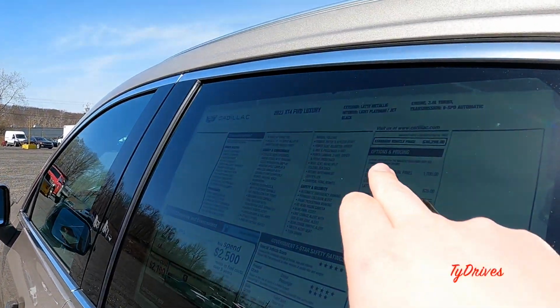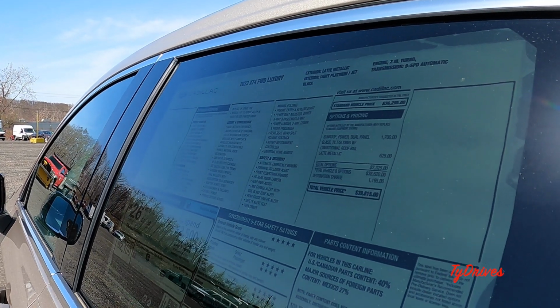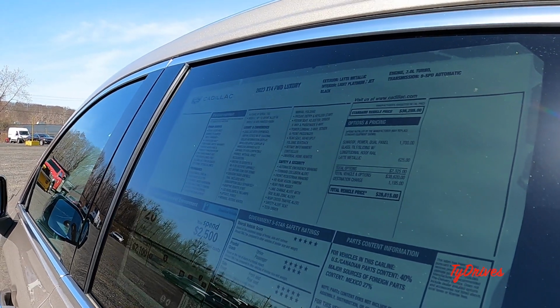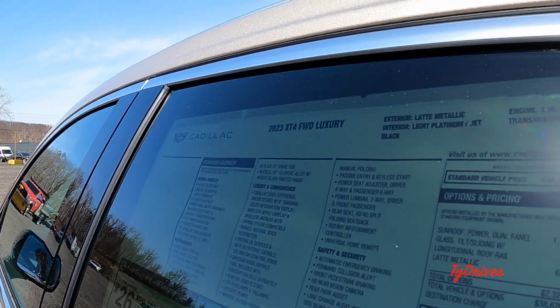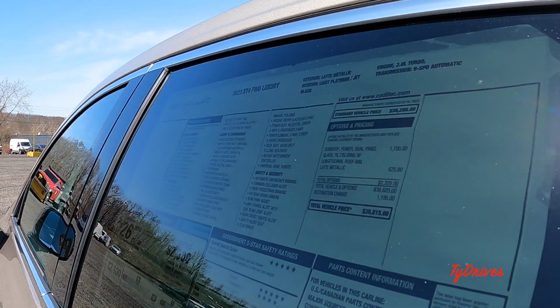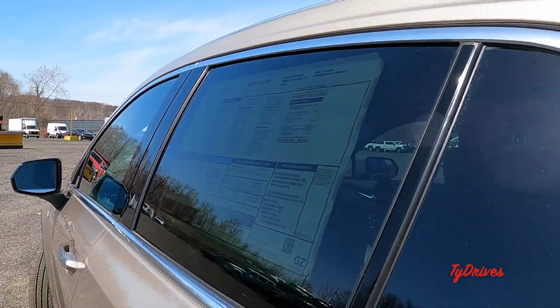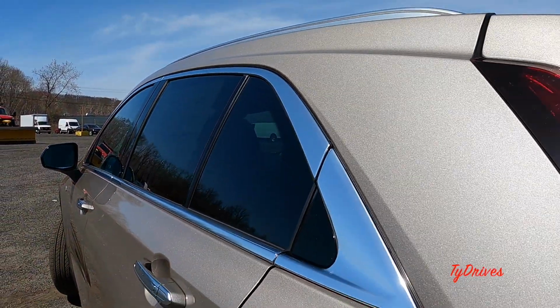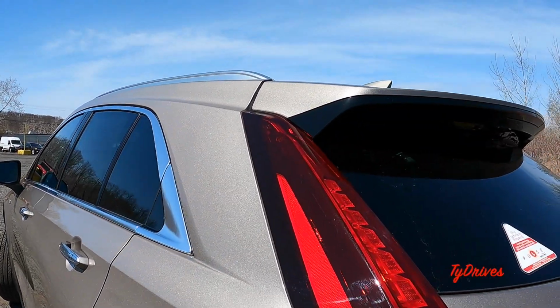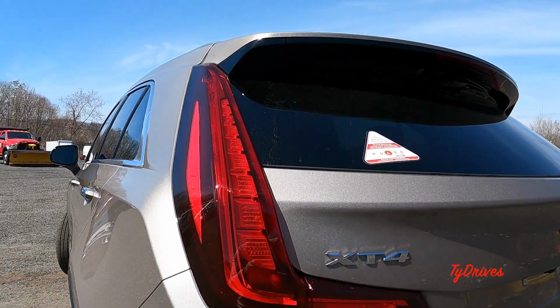Quick look at the window sticker. We do have the only option of the sunroof, as well as the paint color. It's a little bit of an extra cost option. And this particular car, even though we're up in the Northeast, is front wheel drive. Of course, all-wheel drive is available. And this particular car stickers for $39,815. We have a nice spoiler back here, and up top the shark fin antenna, and a pretty nice design